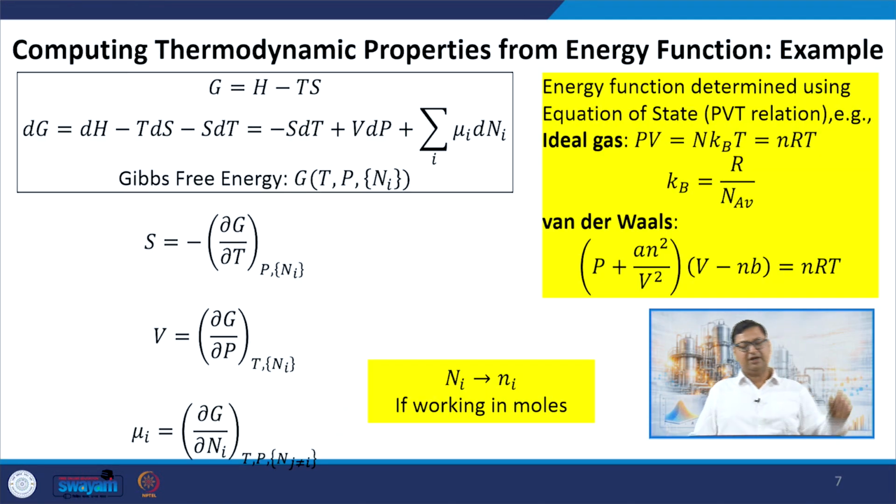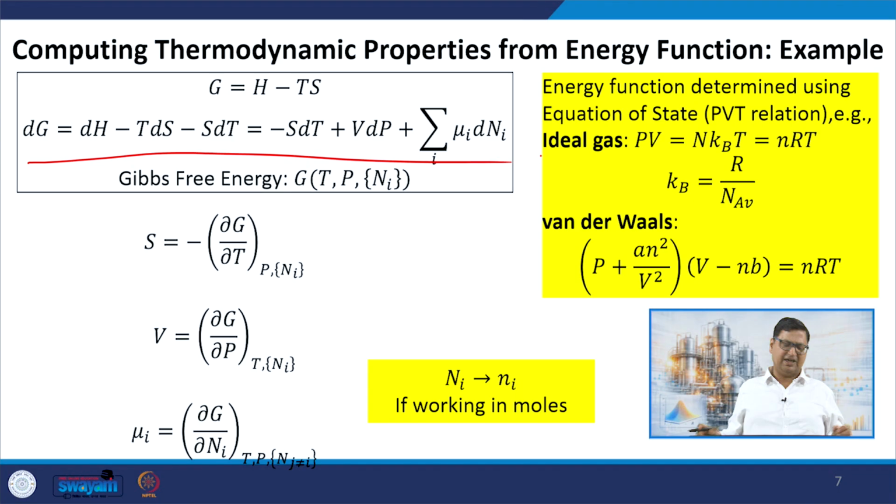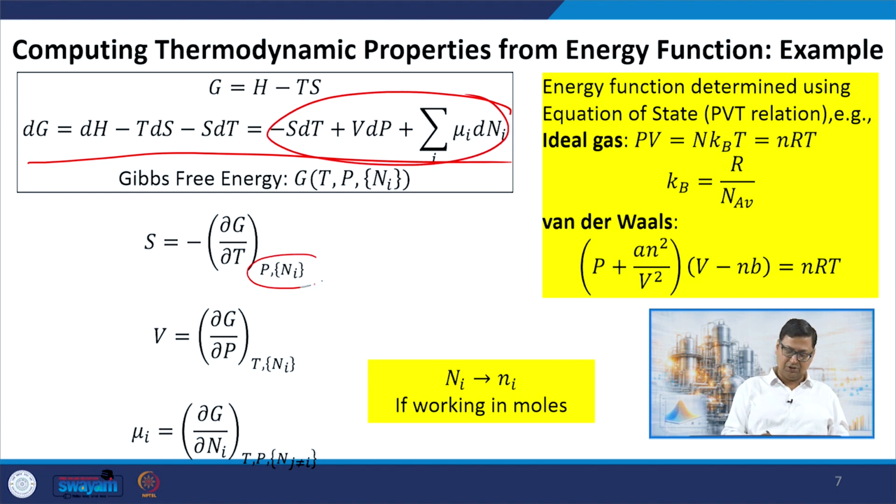So now we can go ahead and take these equations that we have derived, and based on simple calculus, we can identify the different properties or derive the expression of different properties that we are interested in, right? I will take an example of the differential relation we have got for dG, but the same thing can be done for other expressions also, right? So for this particular expression, if I, for example, keep P and Ni fixed,